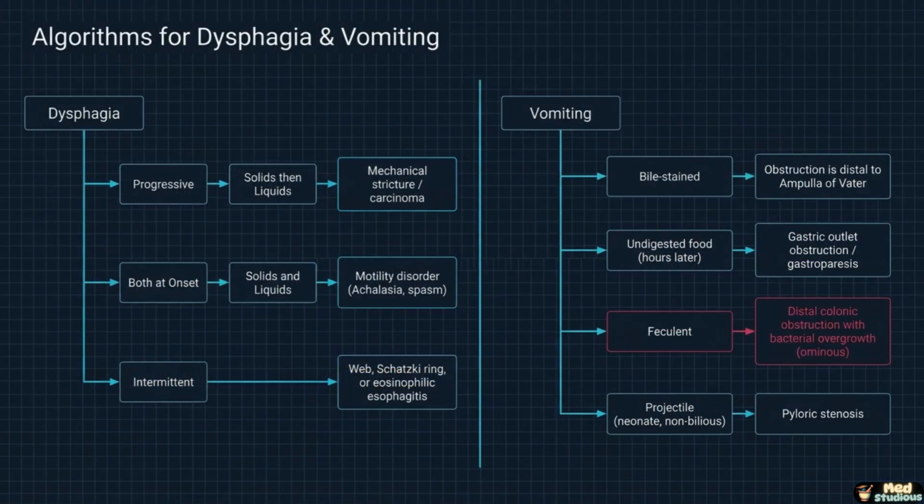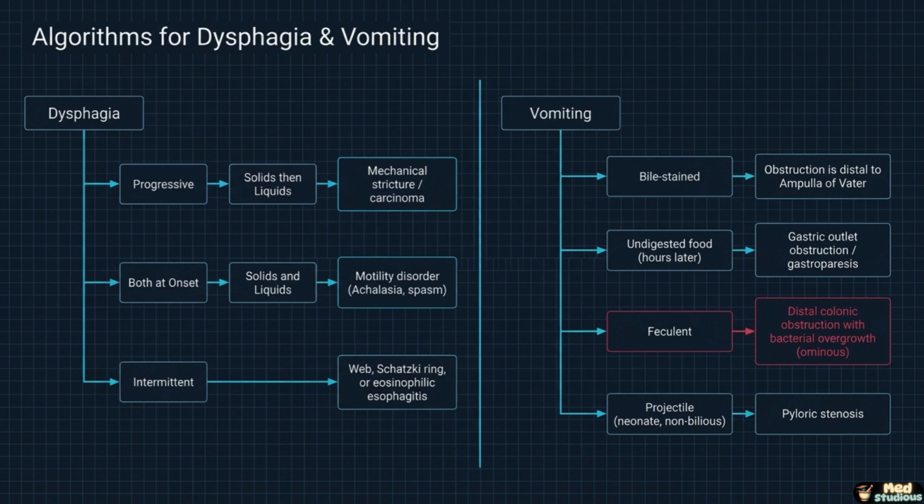Dysphagia and vomiting both follow clean diagnostic algorithms once you ask the right follow-up questions. For dysphagia, the pattern is everything. Progressive difficulty that starts with solids and later includes liquids points to a mechanical stricture, most worryingly esophageal carcinoma. Difficulty with both solids and liquids right from the start points instead to a motility disorder, achalasia, diffuse esophageal spasm,